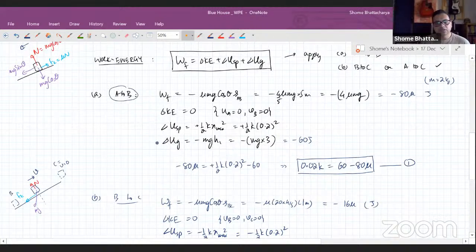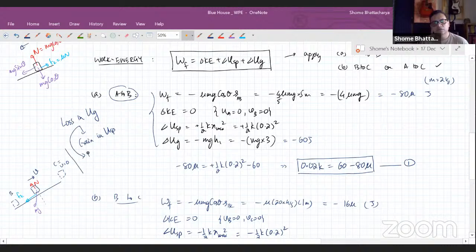You can see that there is loss in gravitational potential energy, that is resulting in a certain amount of gain in potential energy of the spring, because there's no gain in kinetic energy, net gain is 0. And that is also resulting in a certain amount of dissipation of energy